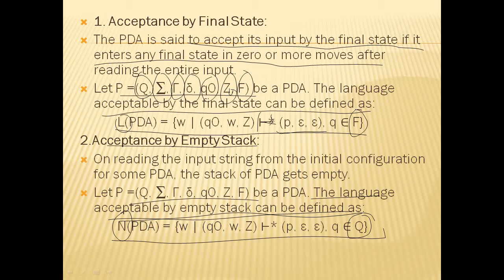So what we are saying is that the language will not reach a final state, but is acceptable. Acceptance by final state means it will reach a final state. Whatever PDA you define, it may not reach a final state. Some state it will reach, but is it acceptable? That is acceptance by empty stack. If the stack is empty, then the language will accept. In the first one, only if it reaches a final state will the language accept.